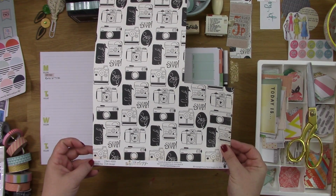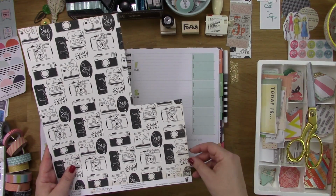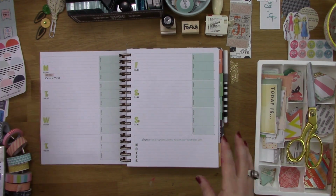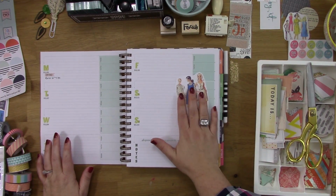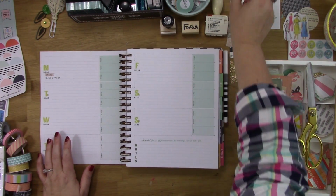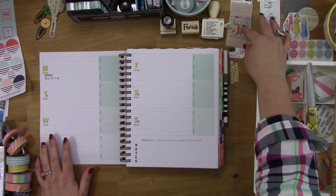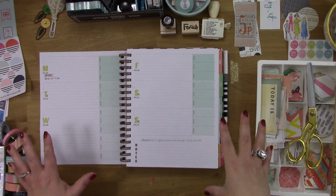How cute is that, right? It's called Oh Snap. So I already pre-cut my pieces that I'm going to use. I worked ahead. And then I have been loving these girls that I got out of the vintage pattern book that I bought on eBay years ago. And so I just kind of gathered up some different kind of